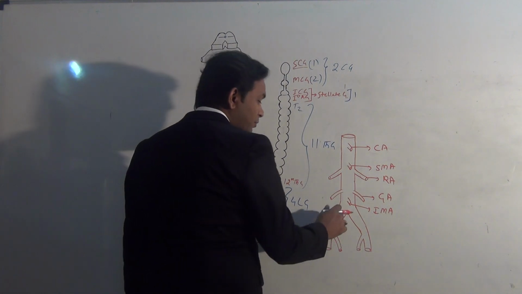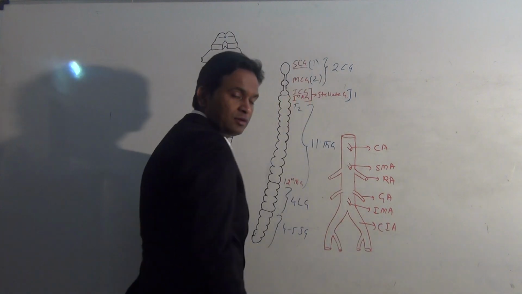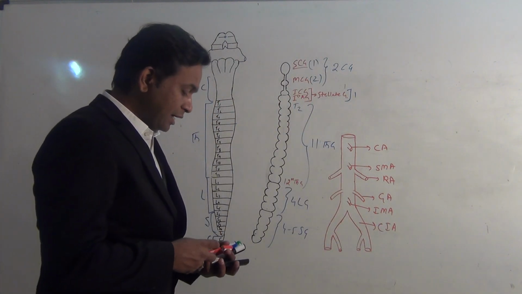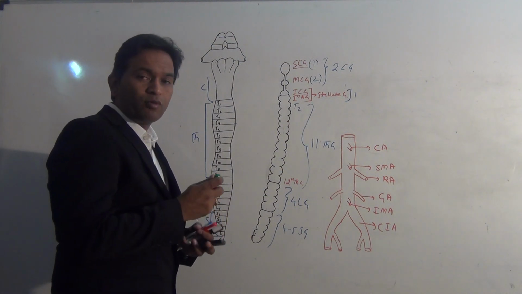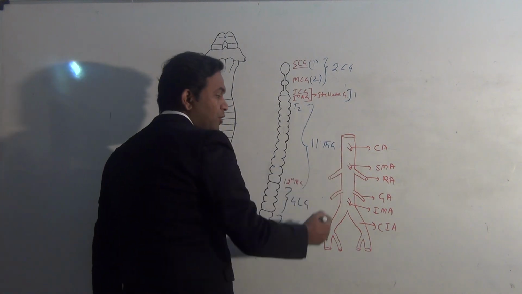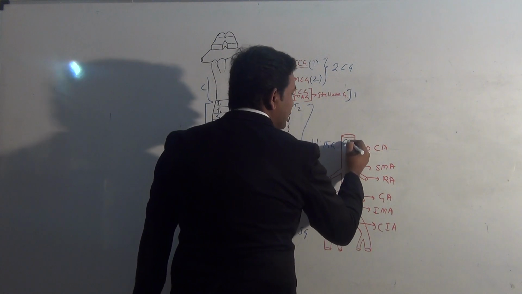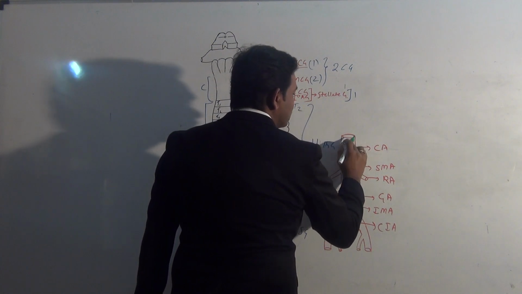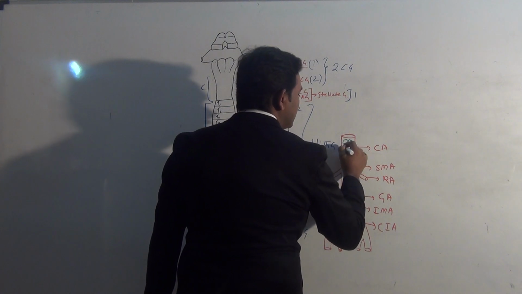The bifurcation of the abdominal aorta will give rise to the common iliac arteries on both sides, which will finally divide to form the external iliac and the internal iliac artery. Now, it is very important to locate some ganglia and plexuses on the abdominal aorta. This is the largest ganglia of the body or autonomic nervous system. That is the celiac ganglia, and this is the branched off or segmented off part of the celiac ganglia,